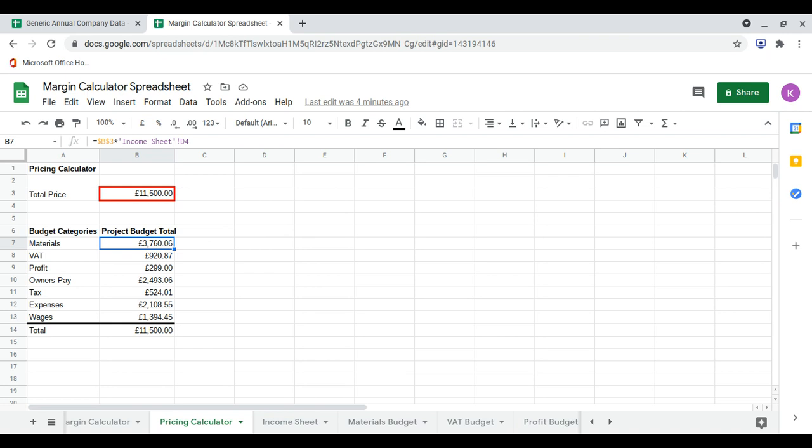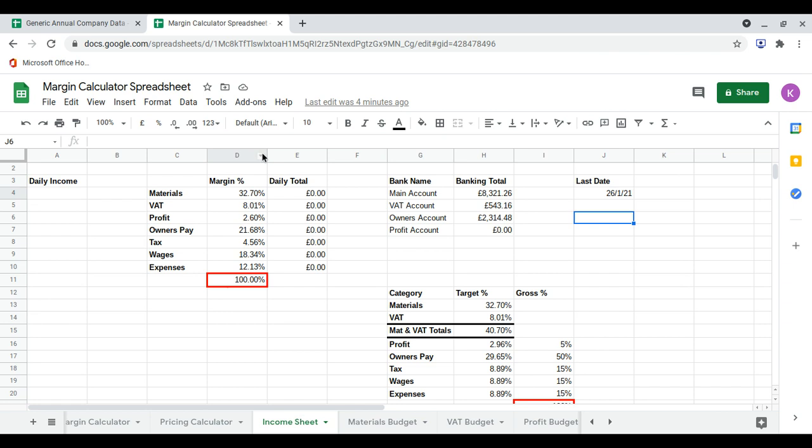I'd probably say change the materials margin as late as you possibly can. So do everything else first, make sure everything else is falling into place. Make sure your prices are constantly getting better, your expenses are constantly getting lower, and then adjust the margins here. Up here, you will see the reflection in your pricing calculator. So let's take, for example,